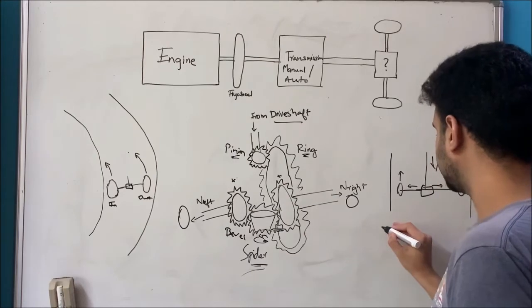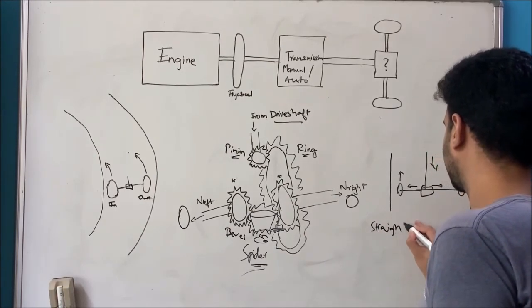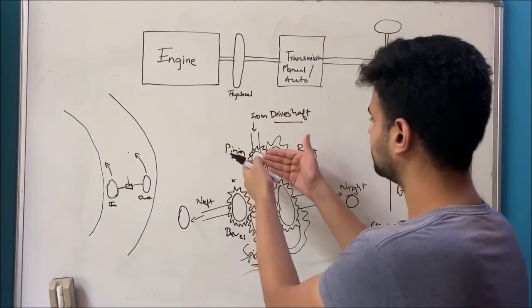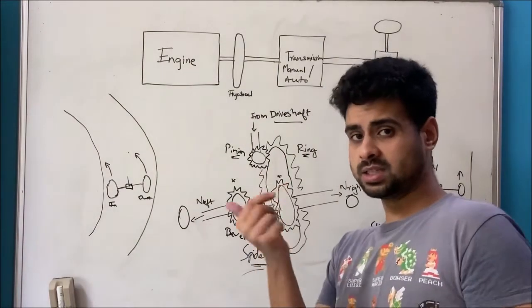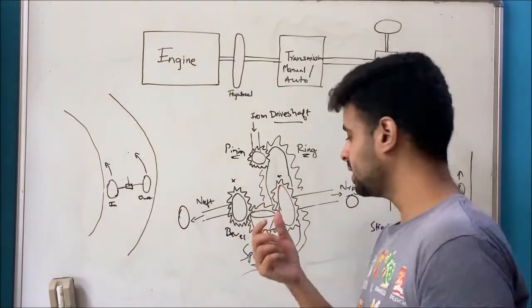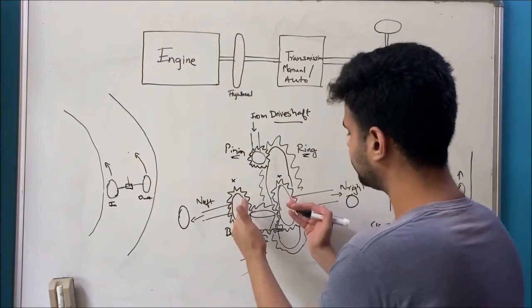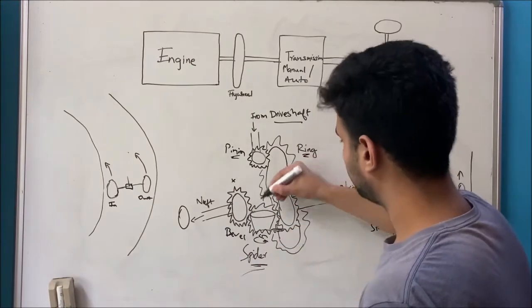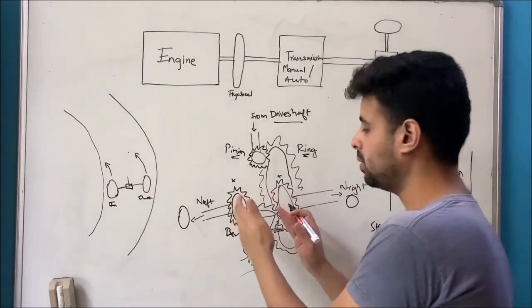So what happens is, going straight, the pinion gear gives us the power, the ring gear accepts the power, and the spider gear doesn't move on its own axis. It just moves with the ring gear, and because it is in mesh with the bevel gears on the side, it just keeps going around like this, transferring the same equal amount of power to both